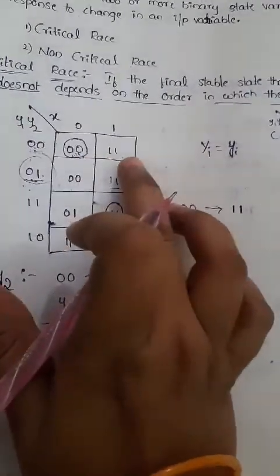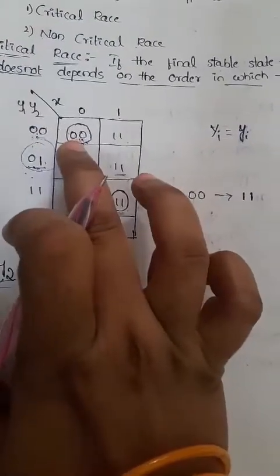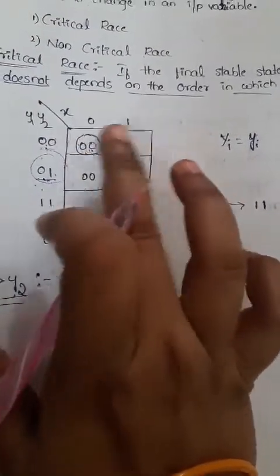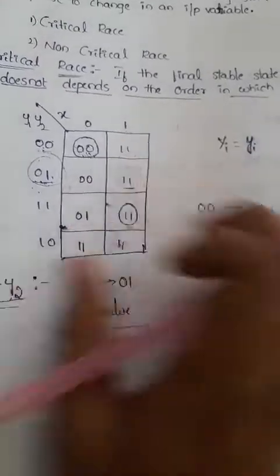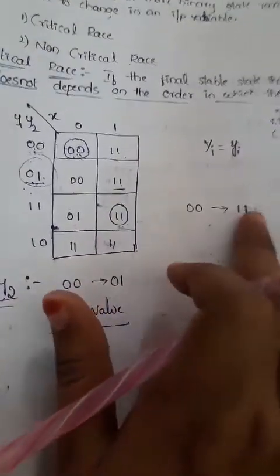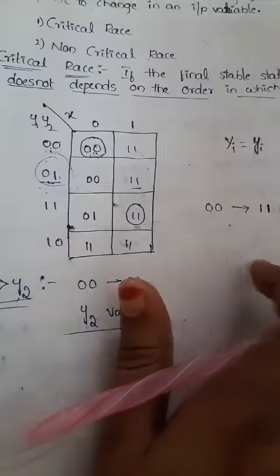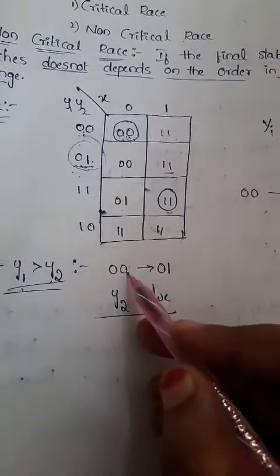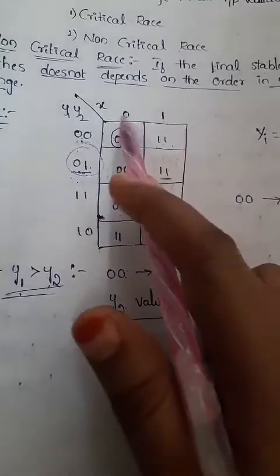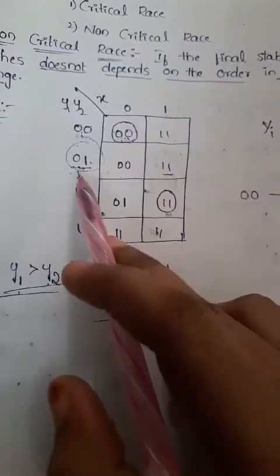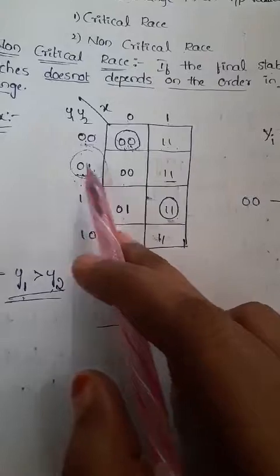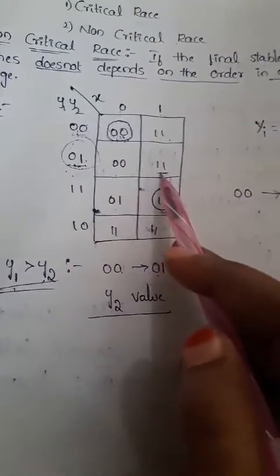So here we'll have the race condition. Whenever the stable condition changes in two states at a time, then we'll get 1 1, and in that we'll get one race condition. That is the first possibility. Coming to the next possibility, whenever the y2 value changes first, the input can change from 0 to 1. So 0 1 acts like a present state. After some time it will be represented like 1 1.